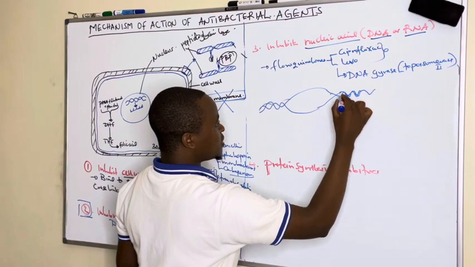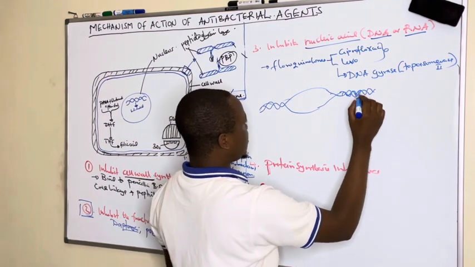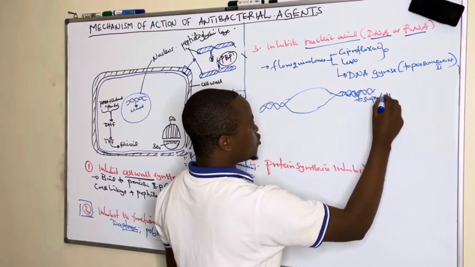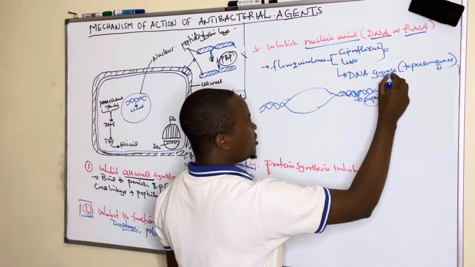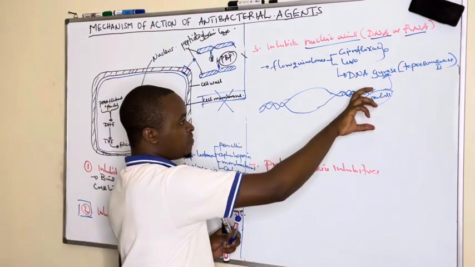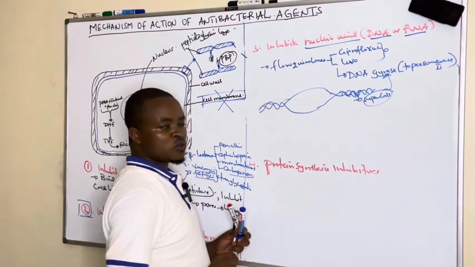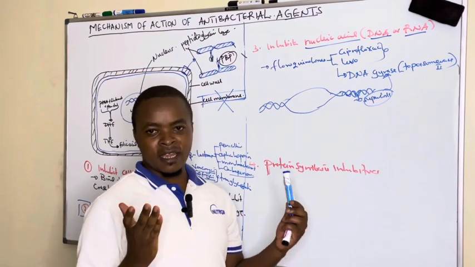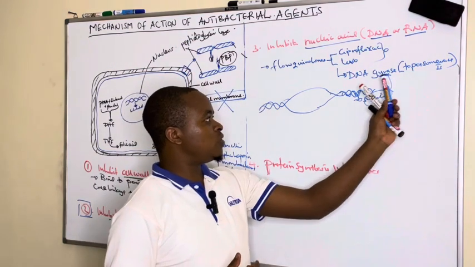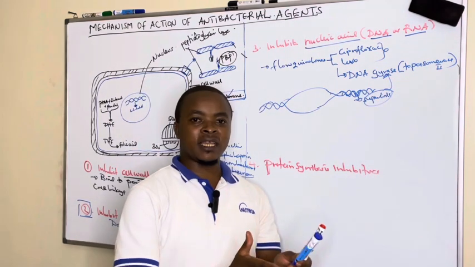These supercoils formed during DNA replication are removed by DNA gyrase, which acts as a bulldozer. It comes and removes the supercoils so that helicase can continue to unwind the DNA double strands. So the role of DNA topoisomerase, or gyrase, is to remove the DNA supercoils so that helicase can continue to